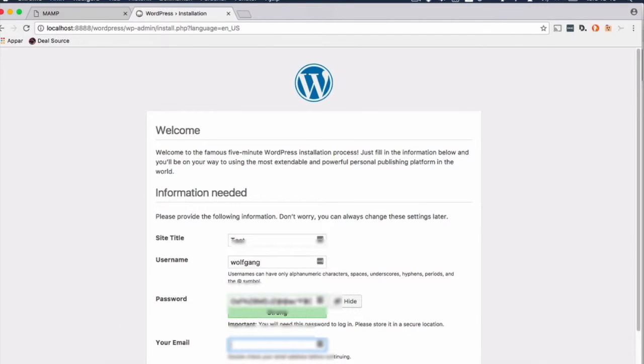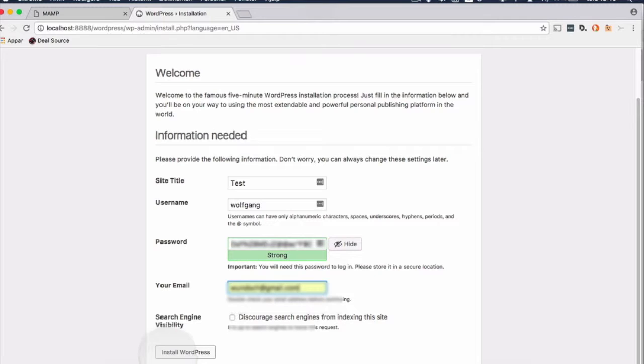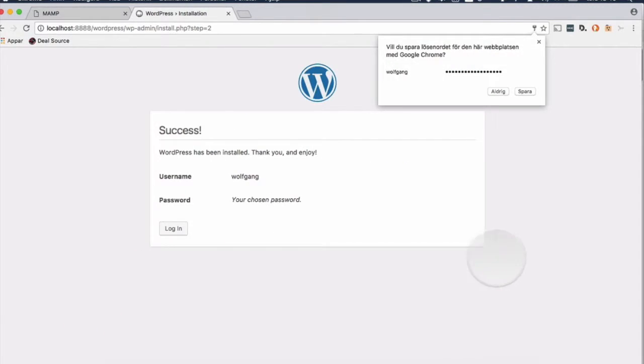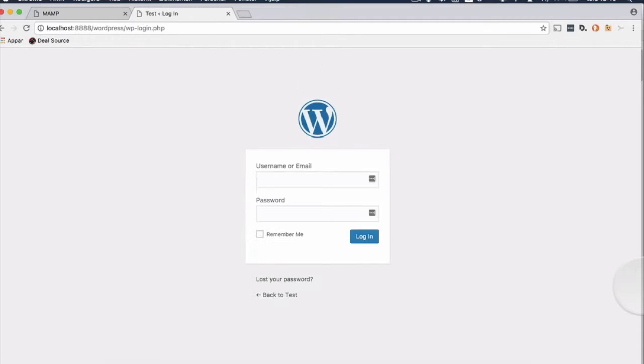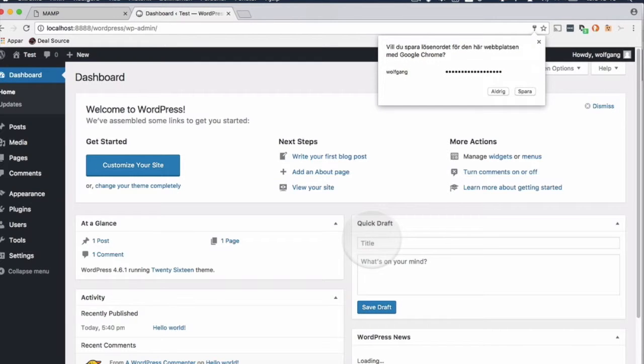Your email address we have here, we will click on that. Discourage, no. Install WordPress, yes, thank you. We'll click on that. No. Username you can see here, and here we will write the username again, and here we will paste the password. Now we will start